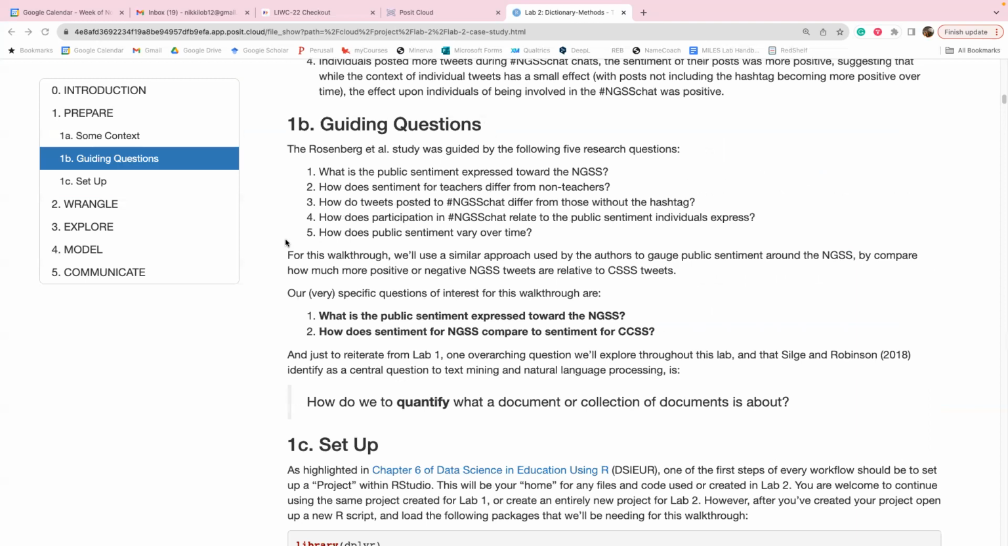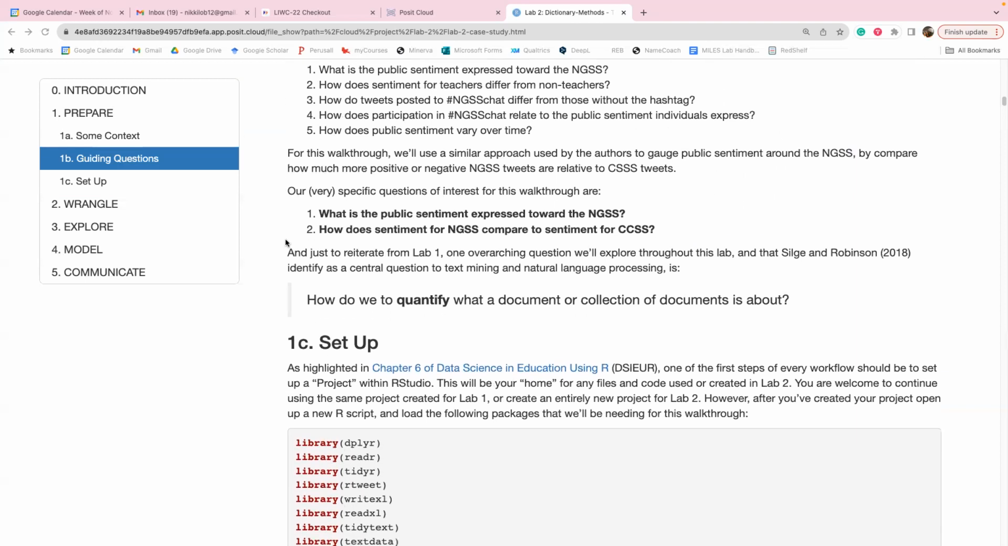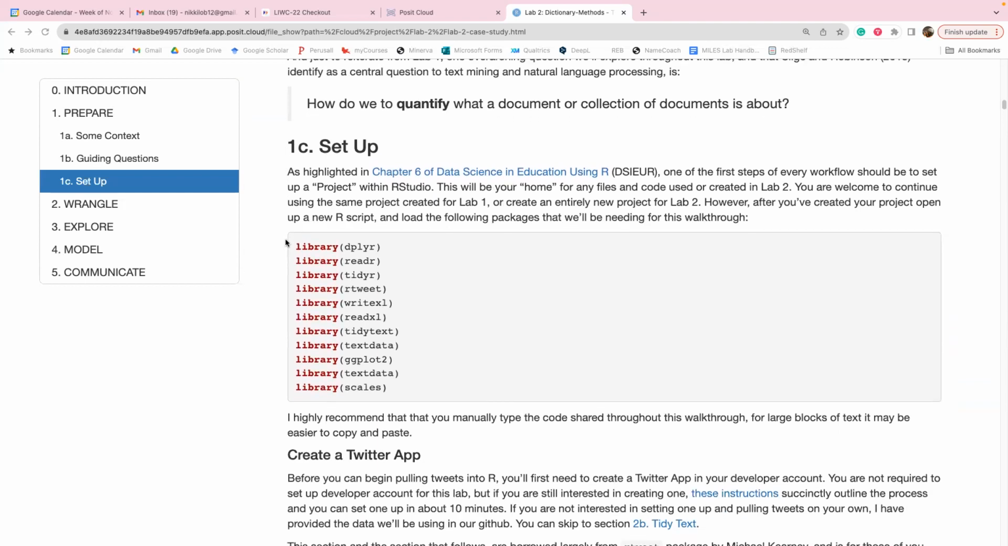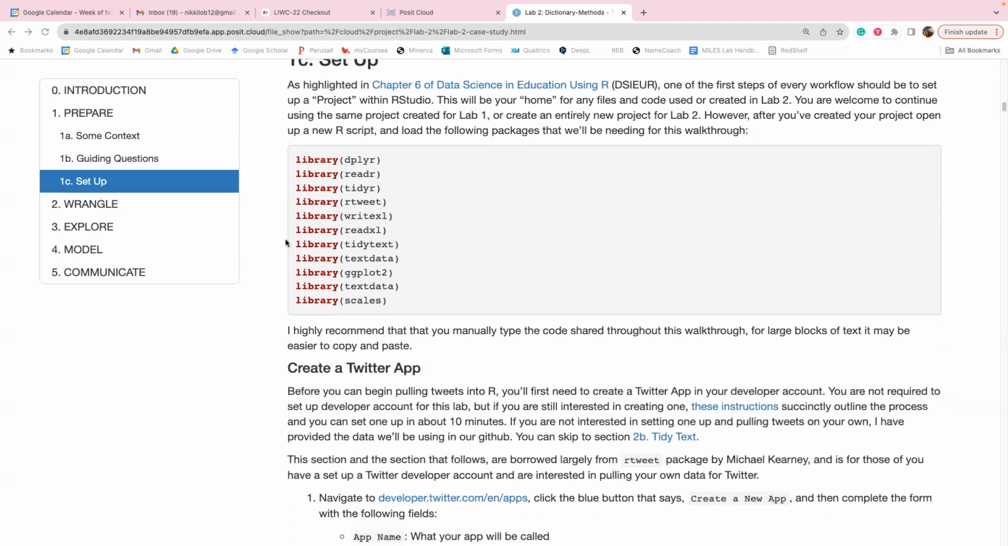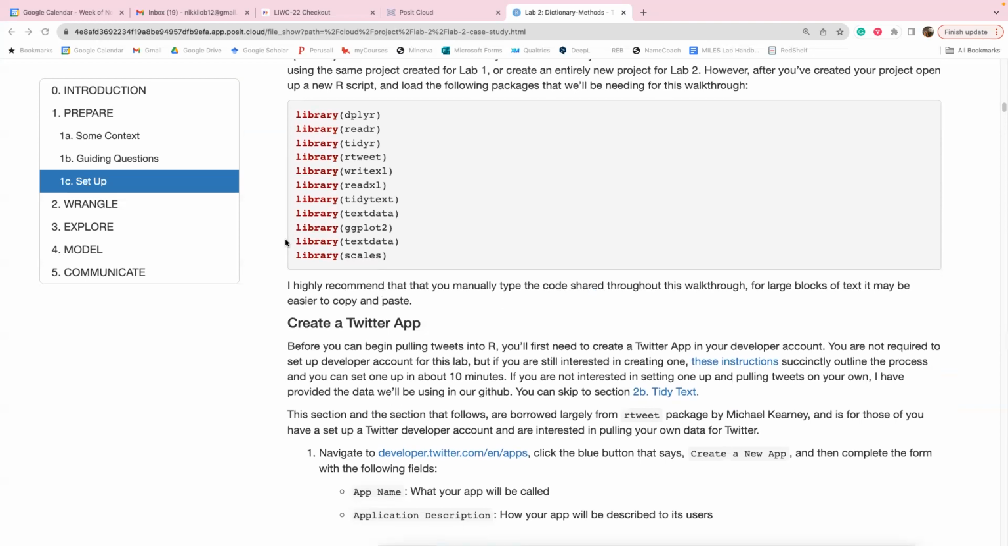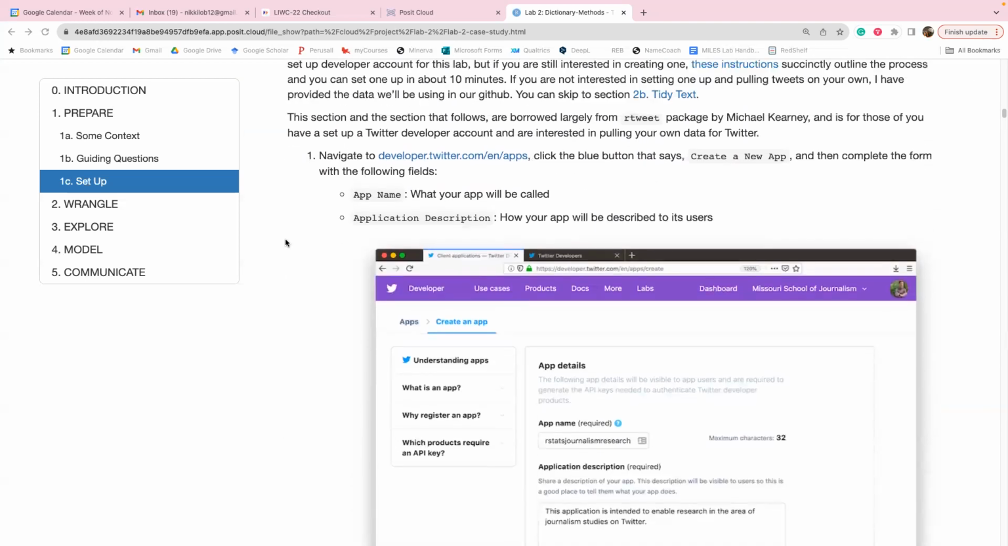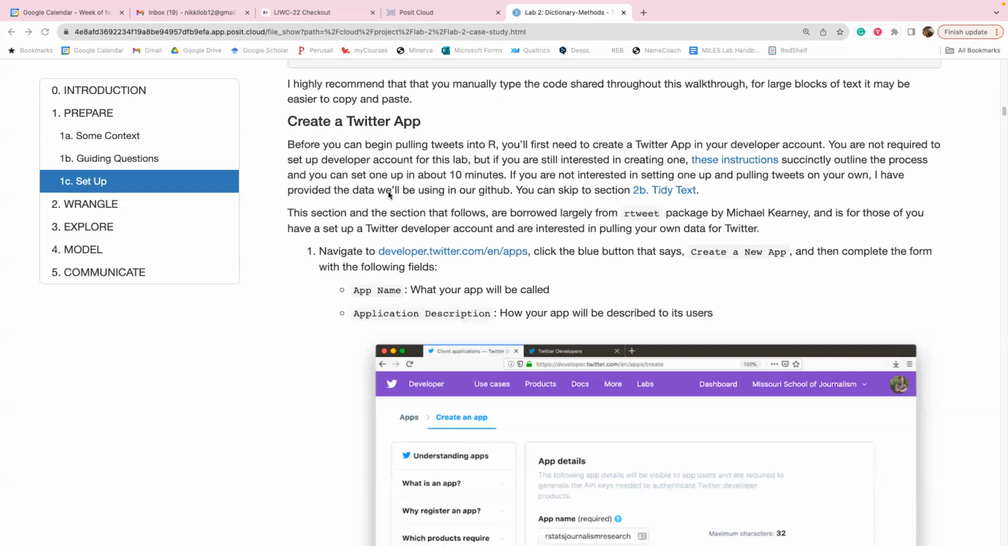So these were their guiding questions: what is the sentiment around that, and then how does it differ? Again, you have access to this, but you have to read in some of these. You might have to install the packages first in R before you can read in the library. And so here it actually walks you through how to